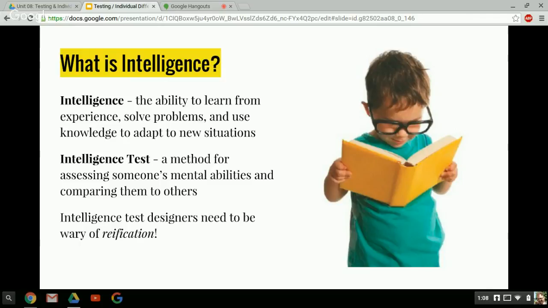One last thing about this is, as we design intelligence tests, we need to be aware of a thing called reification. That's that italicized word at the bottom here. Reification is the attempt to quantify, to assign a number to something that cannot really be quantified. Intelligence is an abstract